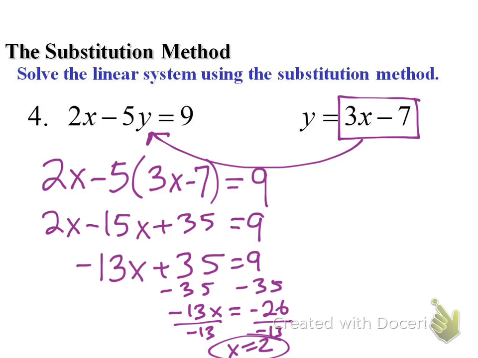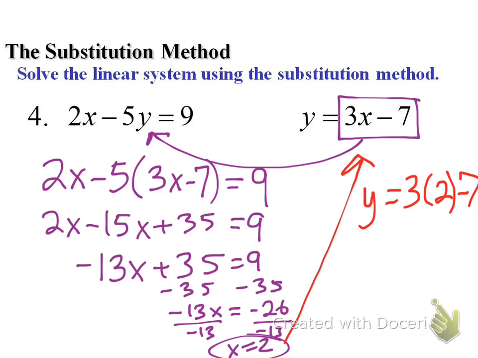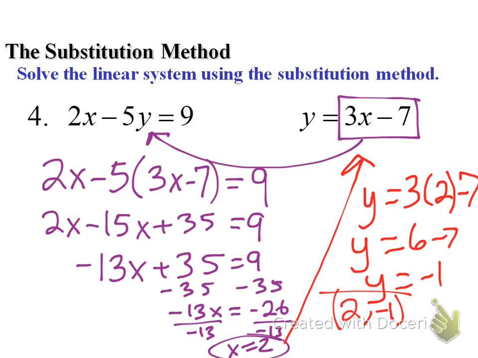You can plug it back in. The easiest place is where y is already by itself, right here. So I'd have y equals 3 times 2 minus 7. 6 minus 7, negative 1. So 2, negative 1 is what I think my solution is going to be, but of course, I'm going to